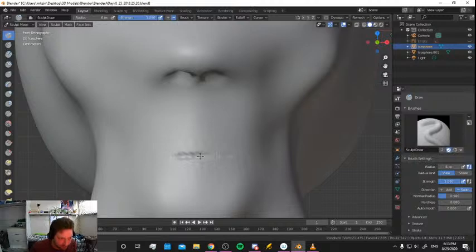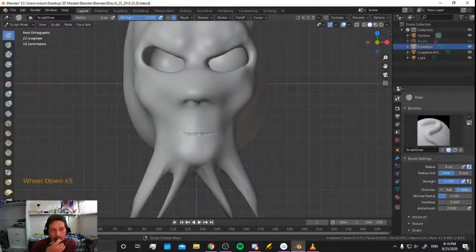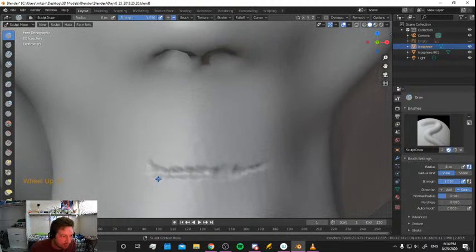Whatever, it's triangles. Okay, mouth, slightly larger than the nose. I mean, it depends. For this one, let's try to get that more